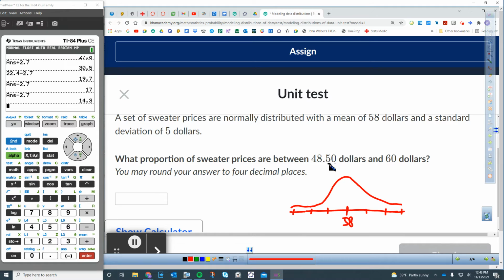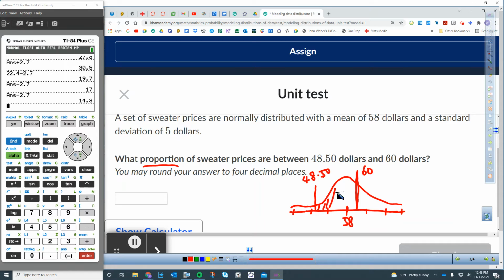If you don't, then you need to look at the question and say, hey, this is 48.5, which is really low, right? It's about two standard deviations away, because if one standard deviation is 5, then two standard deviations is 10. 58 minus 10 will give you around that. So I think it's around here. I don't know for sure, 48.50, but that's okay. Where is 60? 60 might be here, right? Now, it is an estimate because what they're asking us to find is the proportion,